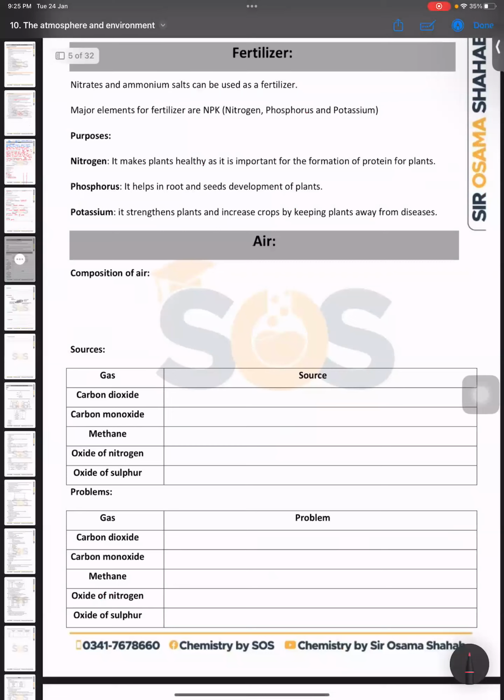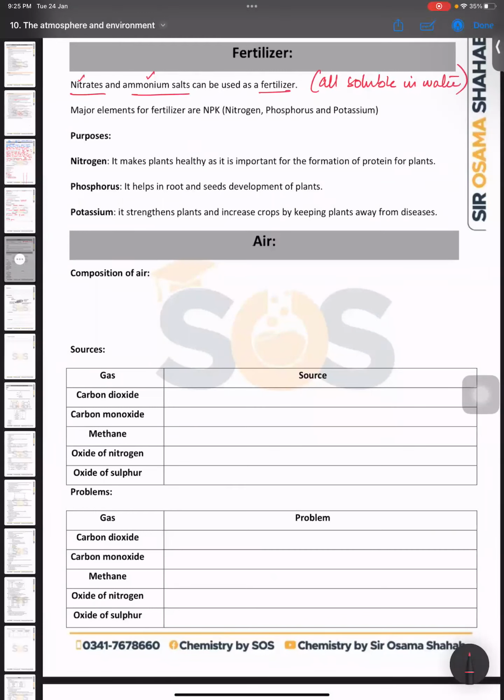Then here we have fertilizer. Fertilizer is also one of the new parts in our syllabus that we need to keep remembering, and they are the same things. Nitrates and ammonium salts can be used as a fertilizer because all the ammonium salts and all the nitrate salts are soluble in water. So that is why, because they are all soluble in water,